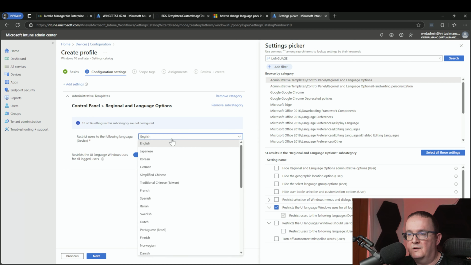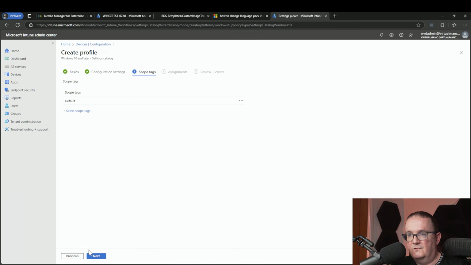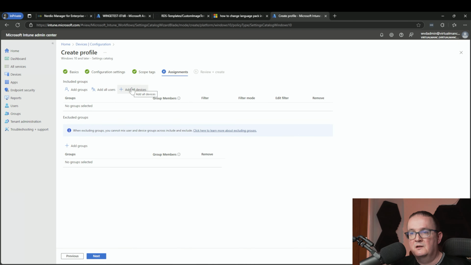So we're going to enable, and we're going to select our language. So we want to select this to French. Going to select next and set our scope. So going to select assignments. It's the devices that we want to add. So you can select